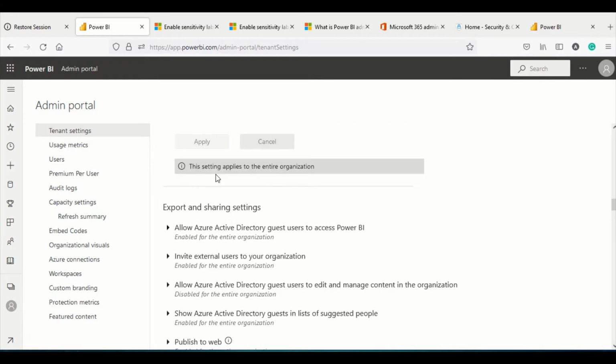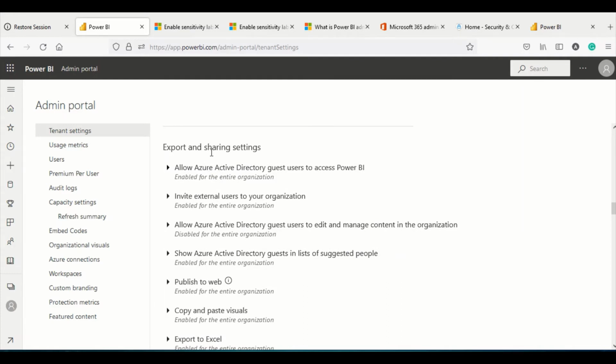Now we will jump to the settings which are export and sharing settings. Now these export and sharing settings are continuously increasing, and the moment you come in here, you might be able to see more settings or fewer settings depending on what kind of settings are coming in, combined under there. So we will not be able to discuss all these settings in one video. We will try to cover them in more than one video.